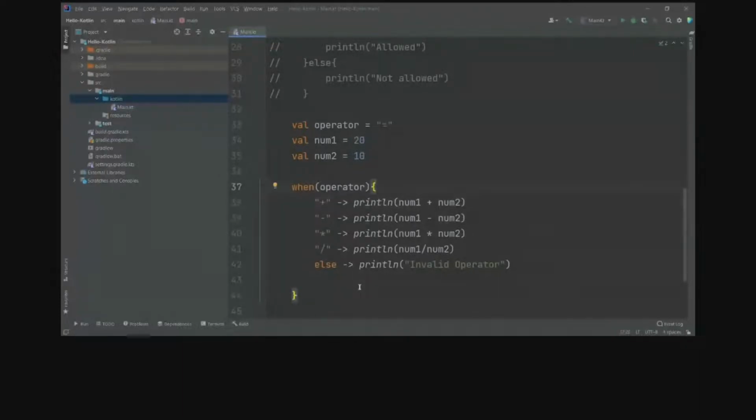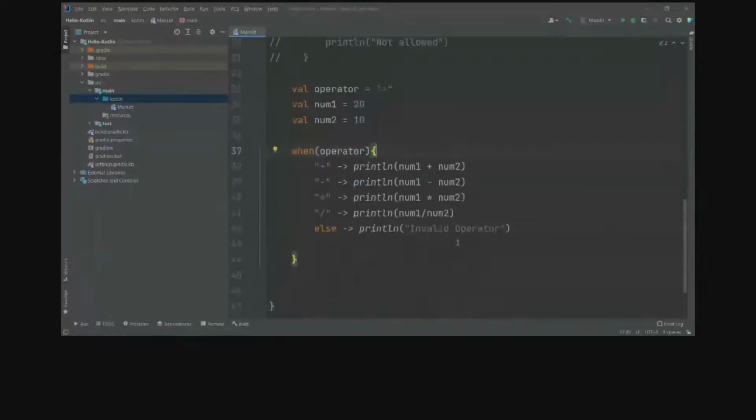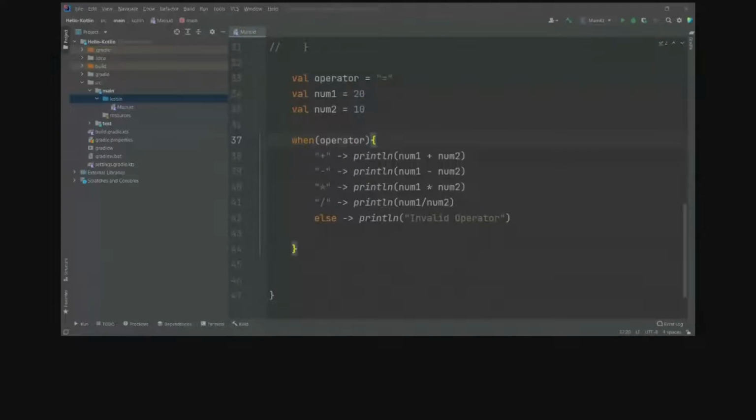Can you guess the output here? Yes, invalid.